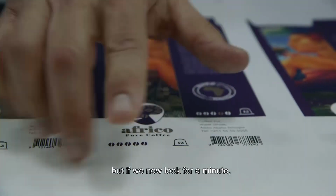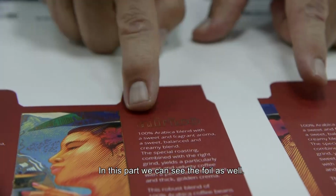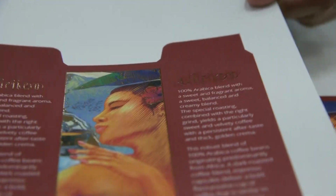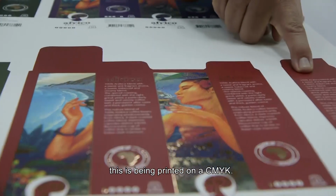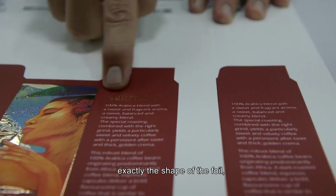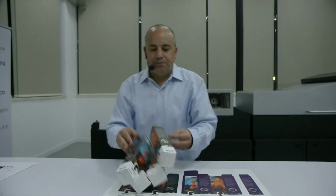But if we now look for a minute and we focus on this part, in this part we can see the foil as well. And I can play with it a little bit to the camera. And if you see, this is being printed on a CMYK. So a CMYK does not necessarily have to be exactly the shape of the foil, but there needs to be a CMYK on this paper. And the end result, again,